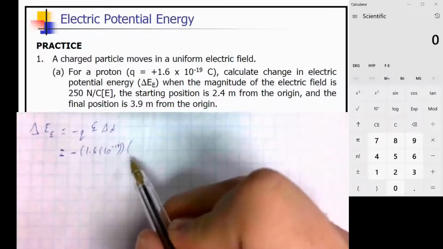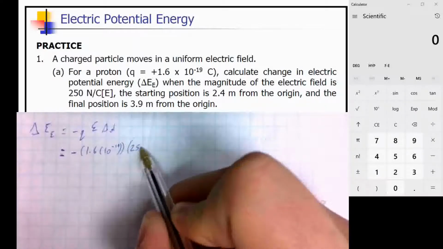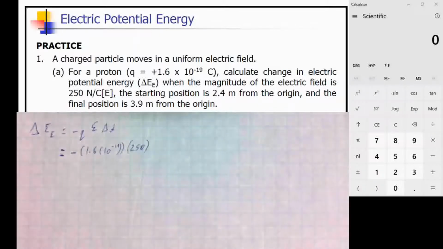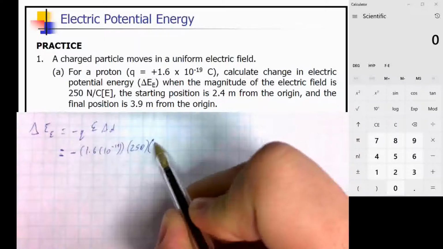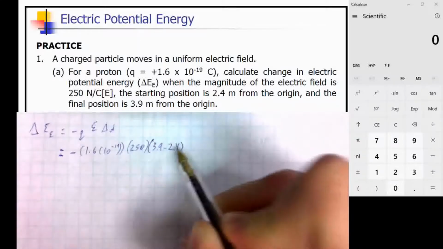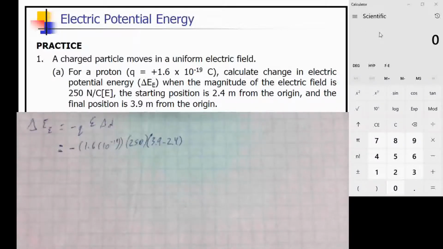Our epsilon is 250 newtons per coulomb, and it goes to the east. And our distance traveled is the difference between our final position and our initial position. So in our calculator, we have 1.6 times 10 to the power of negative 19 times 250 times 3.9 minus 0.4. Now I'm supposed to make this whole answer negative, so I'm going to hit the equals, and